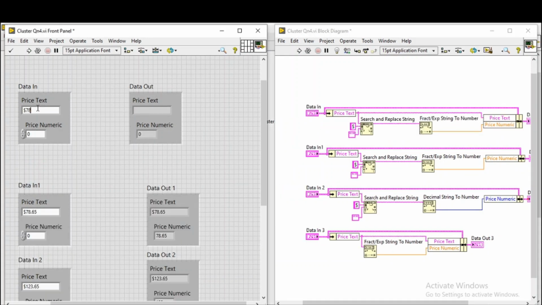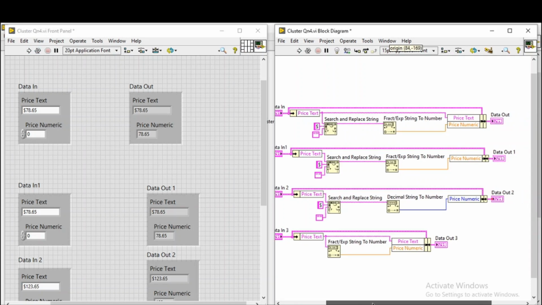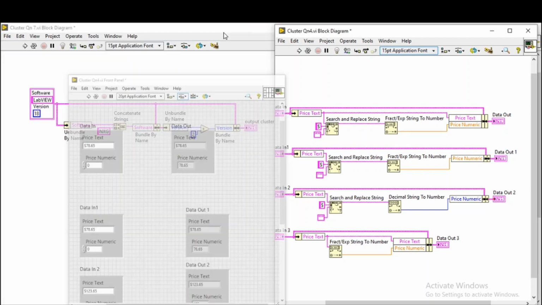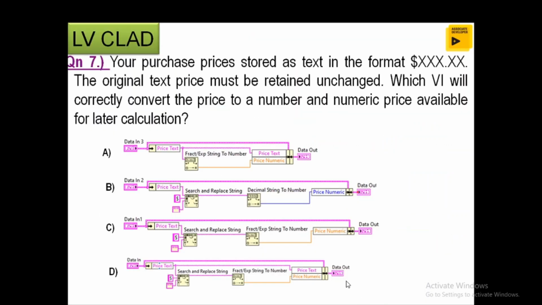Try some other value, then you see this functionality is similar, but the only problem is that wherever possible you should try to minimize the space in the functional. Here I'm having only price numeric, there I'm having both things. Functionally everything is correct, but the problem is we don't want to include it again when it is not manipulated at all. When there is some manipulation you can include it, or else you don't need to include it along with the functional one. So the correct option for this one is C.